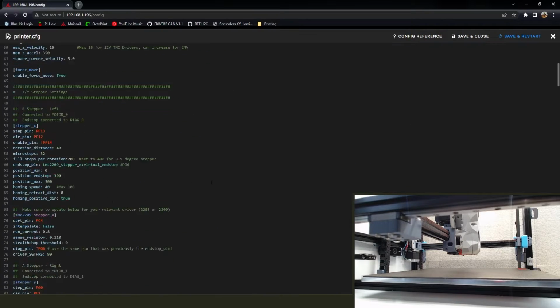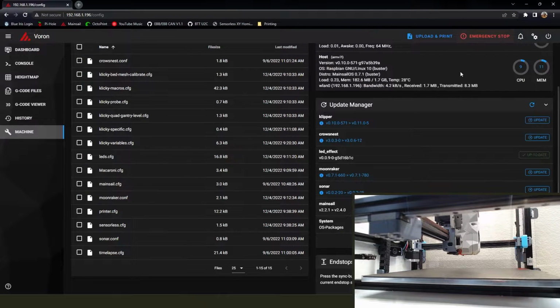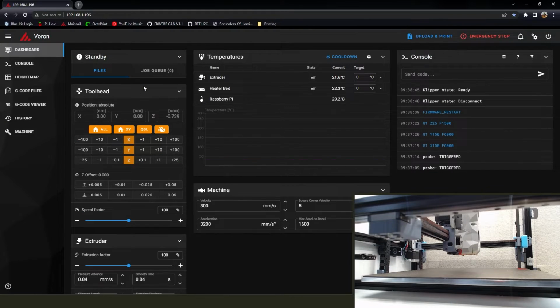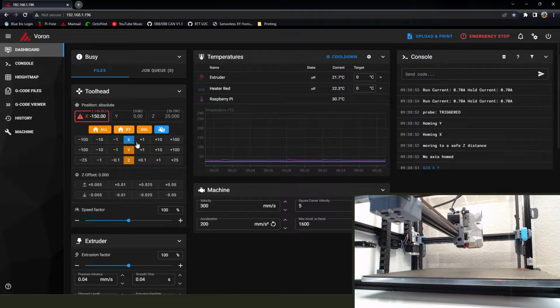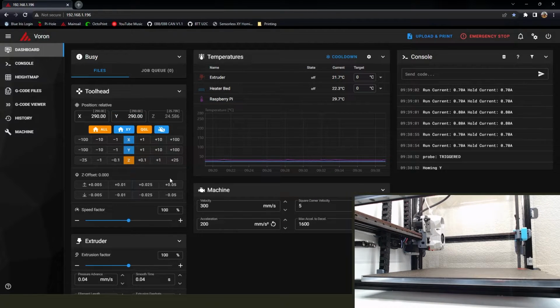Save and close, go into printer config. Now we need to add an include line. Include sensorless. Save and restart. And now we're going to home the X and Y. I'm not sure why it lists out all the run currents now. I haven't figured it out. It doesn't really bother me, but